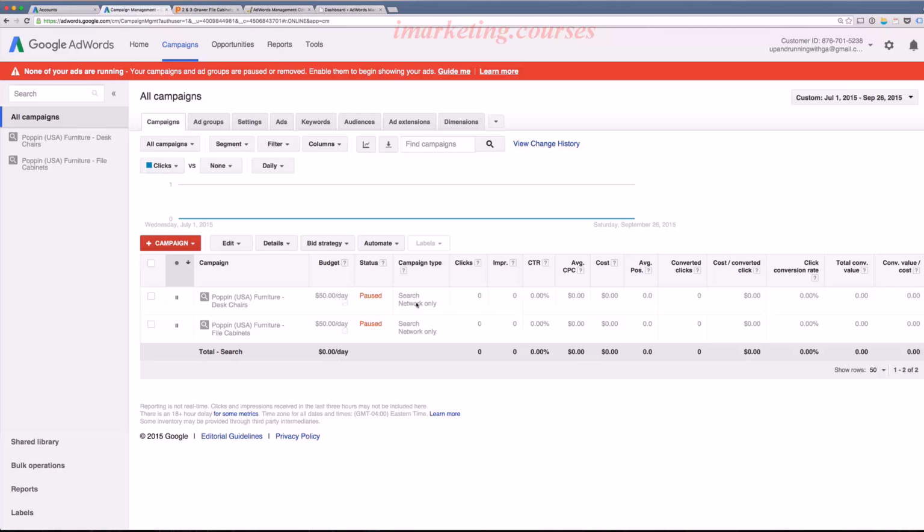Now keep in mind, we're in a test account for Poppin Furniture, so we can't actually add the remarketing tag to Poppin's site, but I'm going to show you what it looks like on our site, adventureppc.com, for our agency, and I'm going to show you exactly where you would edit the tag, where you would find the tag, and more specifically how to test to make sure that your tag is working. Okay, so the first thing we do is navigate down here to the bottom left